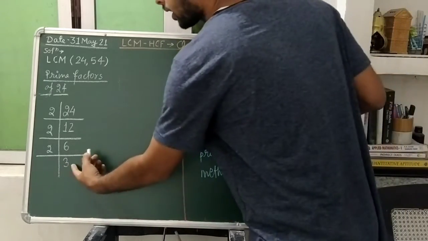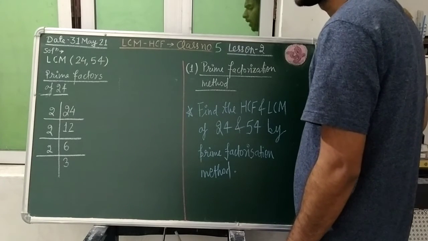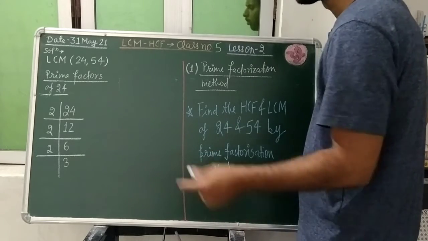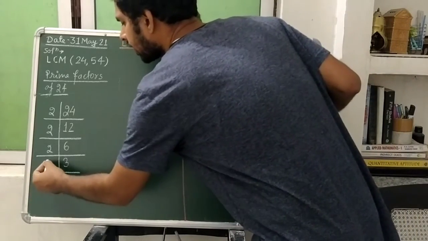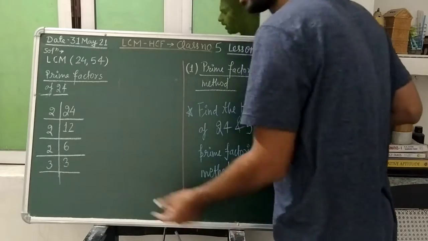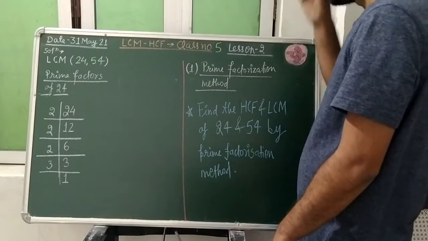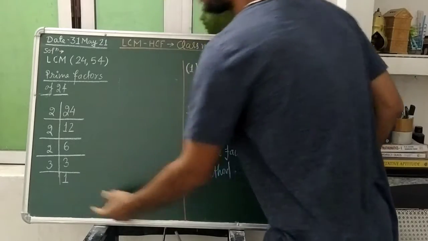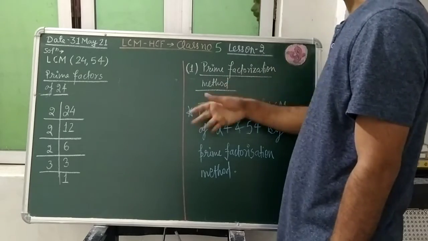So look students, now we are getting a prime number. 3 is a prime number. And for a prime number I have told the factors will be 1 and the number itself. So 1 we are ignoring. That is why we shall select the same number if we are getting a prime number. So 3 is a prime number, so we shall select the same number here. And of course when 3 is divided by 3, the quotient will be 1, remainder will be equal to 0. So we have reached 1. So this task we will perform until we get 1.